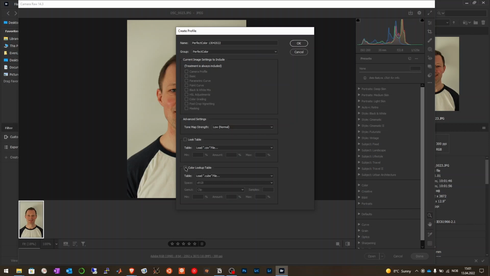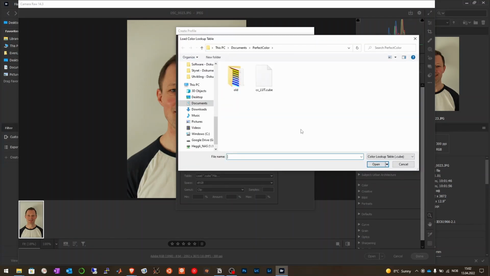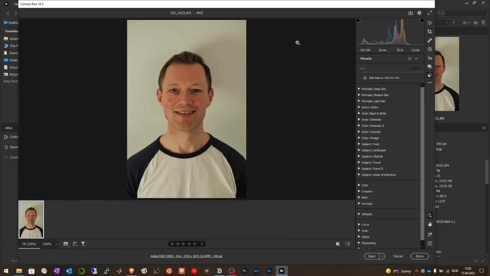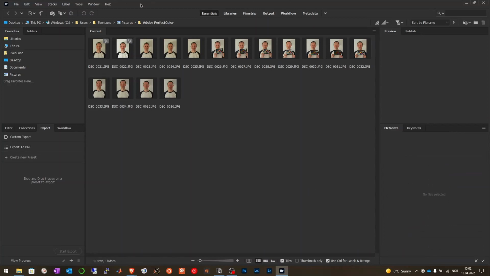And you go down here, press Color Lookup Table, and that will bring up the Explorer. So you go to Documents, PerfectColor, and you find your CC-LUT cube file. Double click that and just press OK. Now you created a preset that can be used in either Lightroom or Lightroom Classic. You press Done. OK. And then you can close off